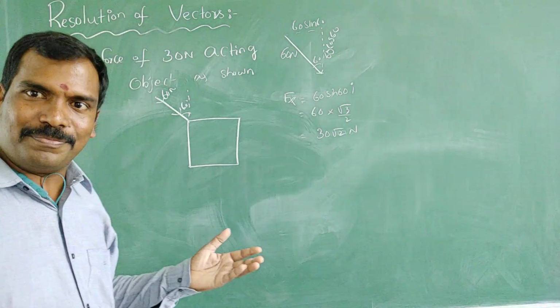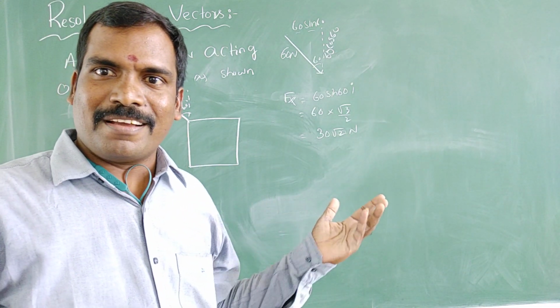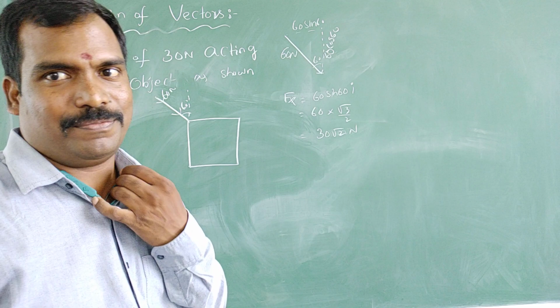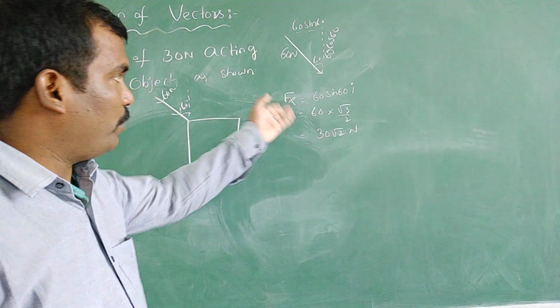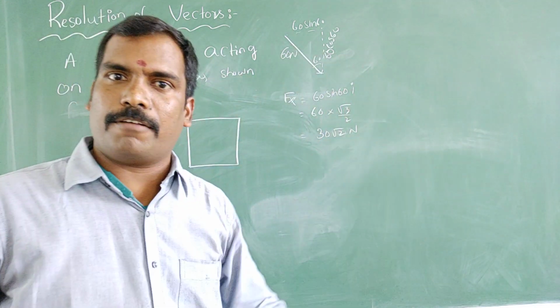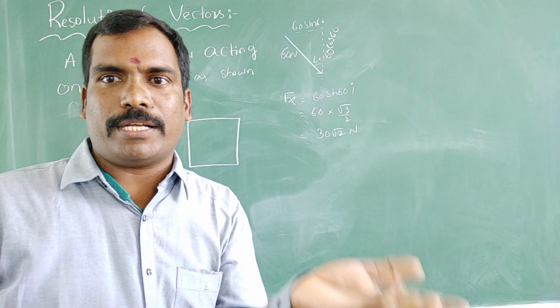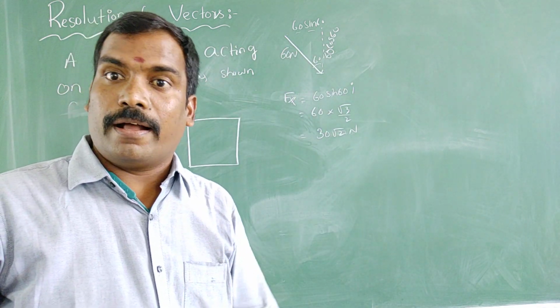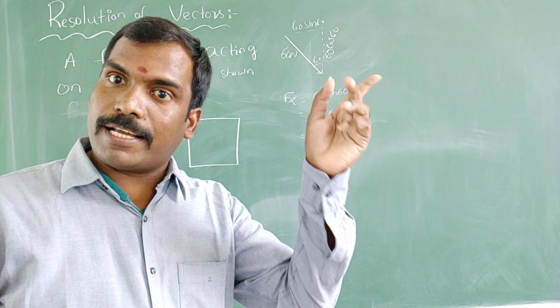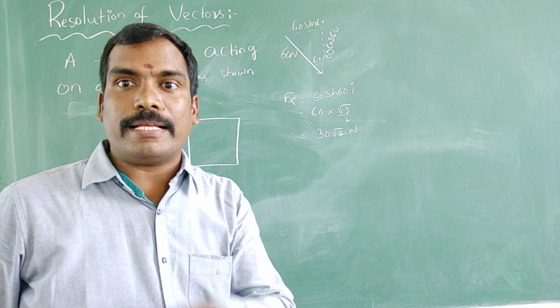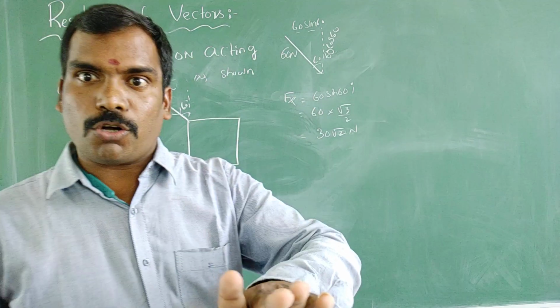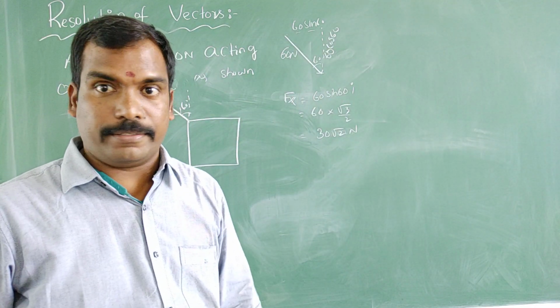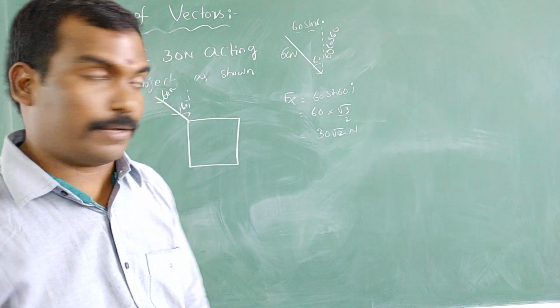See here, before the diagram, if we go by the diagram, which one is horizontal and which one is vertical? According to the orientation of the angle, horizontal becomes vertical and vertical becomes horizontal. But horizontal means x, vertical means y. While we are writing for the angle, adjacent is cos, opposite is sin. That you should not forget while resolving a vector.